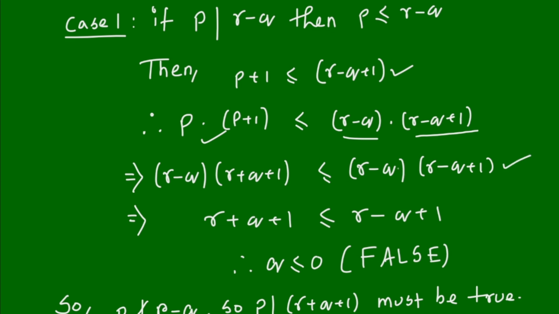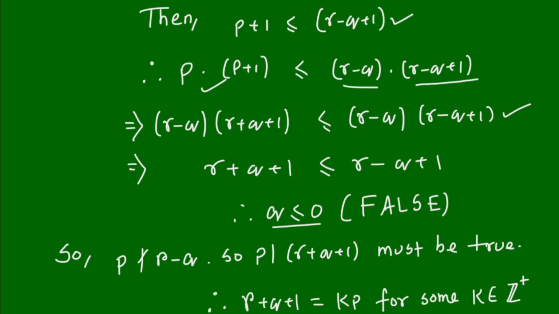R minus q is positive, cancel it down and then simplify, and you simply get q is less than or equal to 0, which is nothing but a false statement with regards to our question. That means that p cannot divide r minus q. If p divides r minus q, then we lead to a contradiction, right? So we conclude that p does not divide r minus q, so p must divide r plus q plus 1,